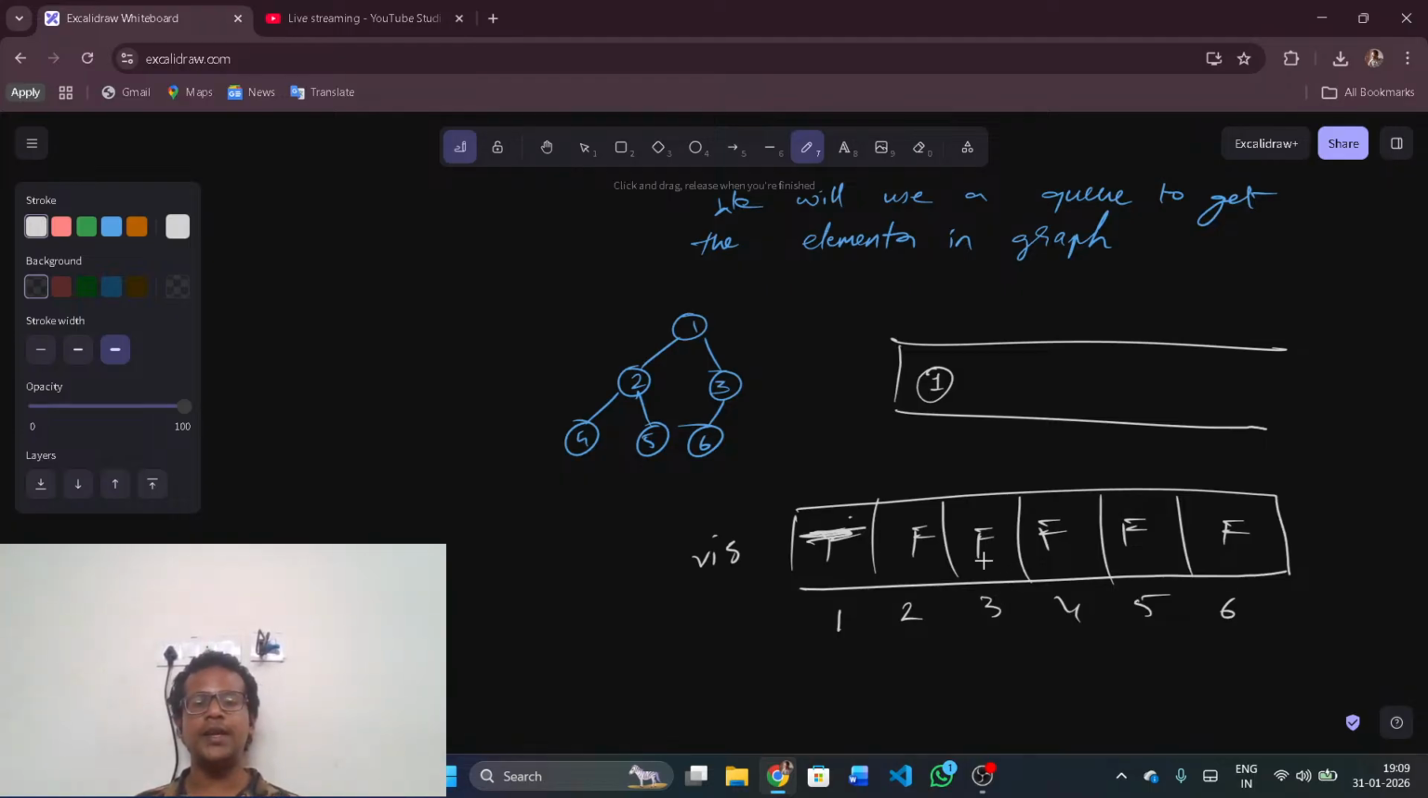What I'm saying is that if visited is false, which means it is not visited, then first remove that one from the queue, and the adjacent elements of 1 are 2 and 3, which are false, meaning not visited. So 2 and 3 are pushed back into the queue. Now, I have 2 in the front of the queue. So, make the 2 true and